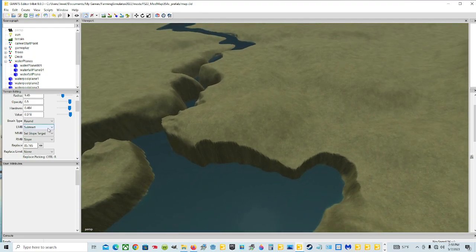So let's go ahead and make sure we have it on subtract. We're going to put it on the terrain sculpt mode, and we're going to make our little circle, our brush, bigger, and we're going to just knock some of this out here. I don't want to necessarily go that way. I was thinking about making it connect there, but I don't know that I want to do that. So what I'm going to do is make sure all this is up, and we'll bring it down. Now what I might do